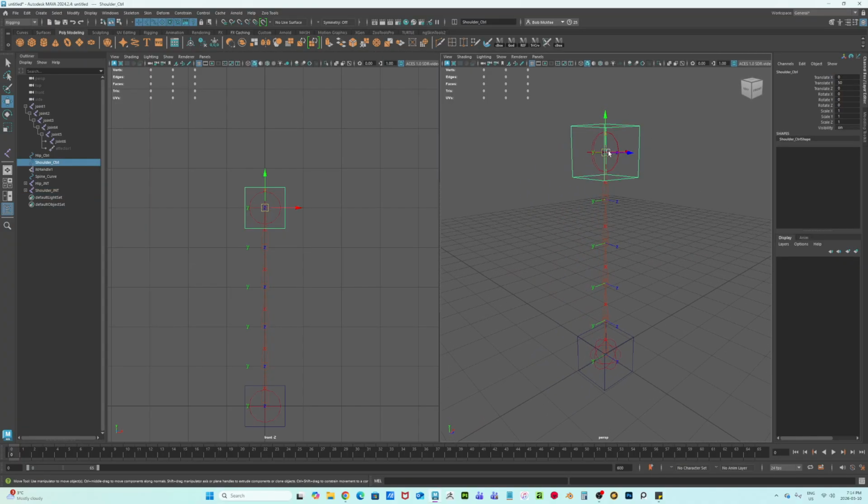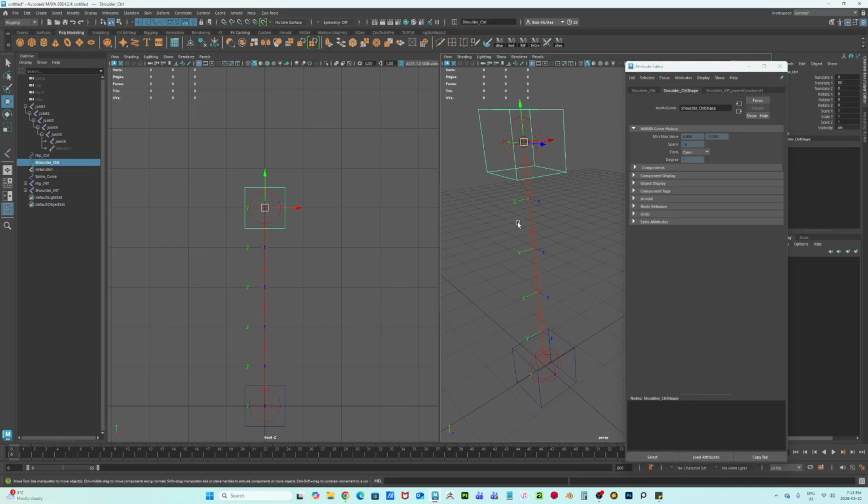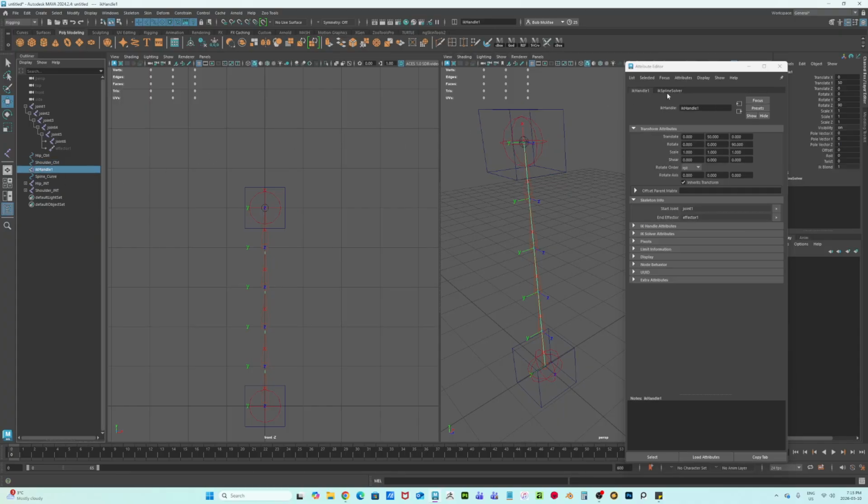And now when I grab this and I move it, it's affecting the curve. Okay, great. What time are we at? Okay, so that's working. Next thing I want to do, I want to make it so it twists. So if I go into the IK handle, oh, I selected the shoulder control. Okay, if I go in here to the IK handle, I can go into the IK solver attributes, and we're doing a spline solver. Great. If I go into the advanced twist controls and I enable them,